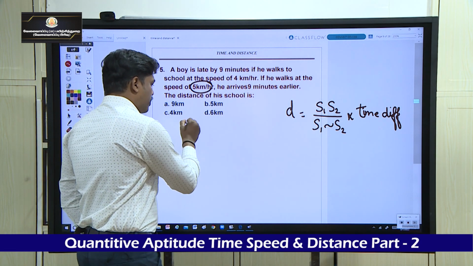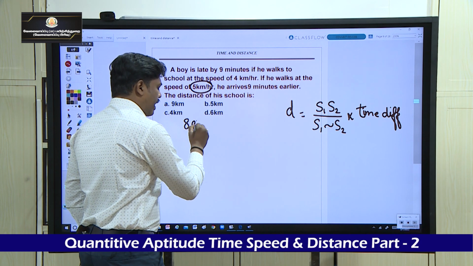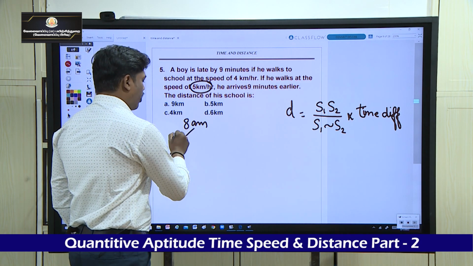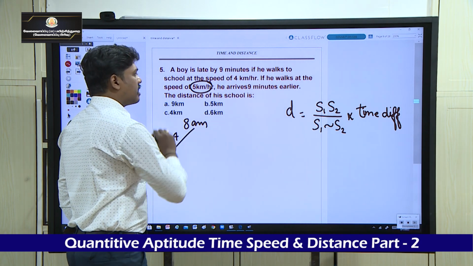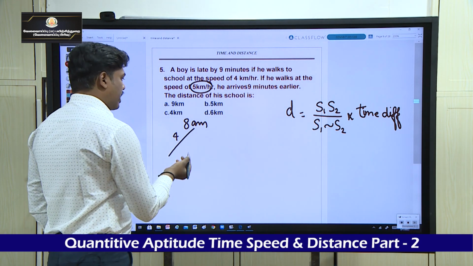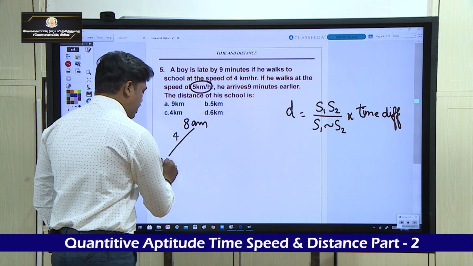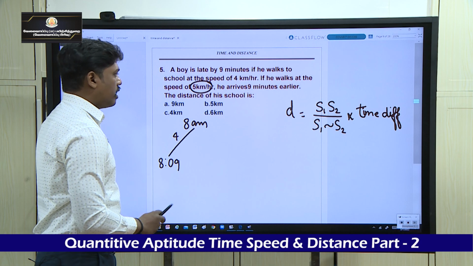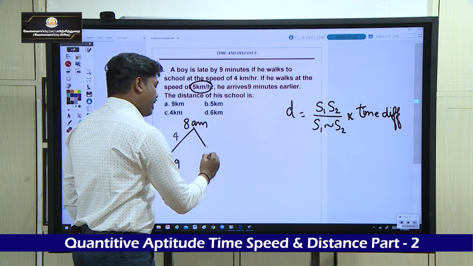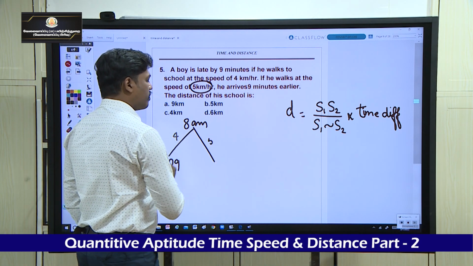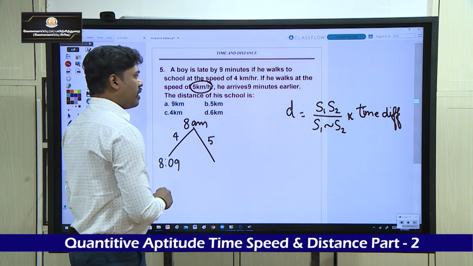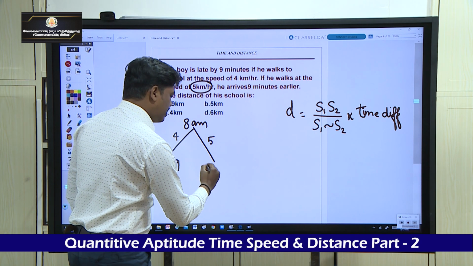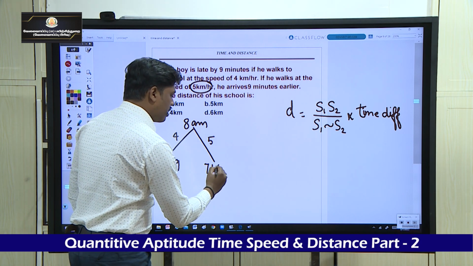So assume the school timing as 8 a.m. If a boy walking at 4 km per hour, he reaches 9 minutes late, which means he is reaching at 8:09 a.m. If he is moving at 5 km per hour, he arrives 9 minutes earlier, which means he is arriving at 7:51